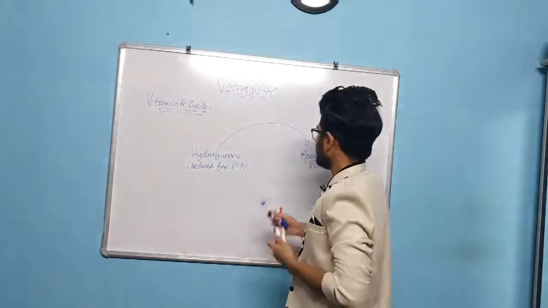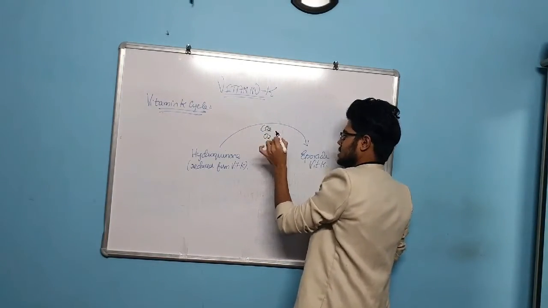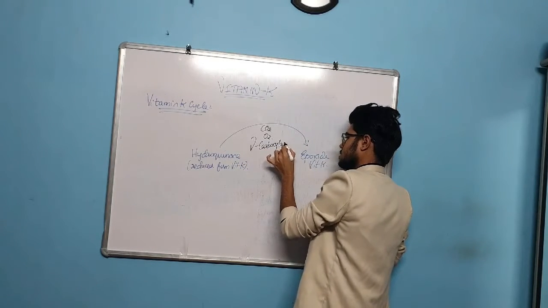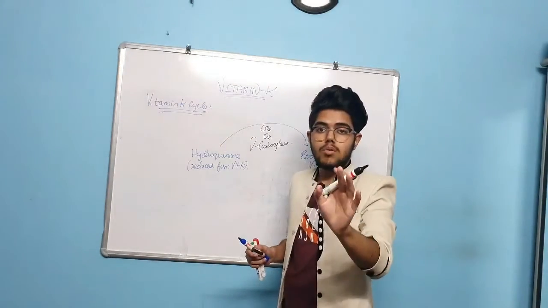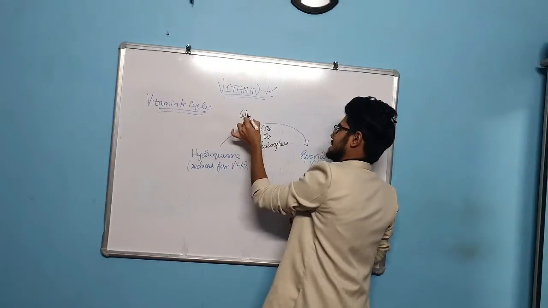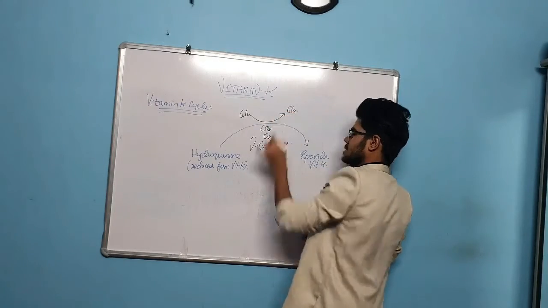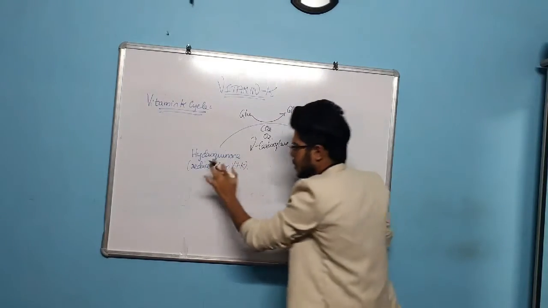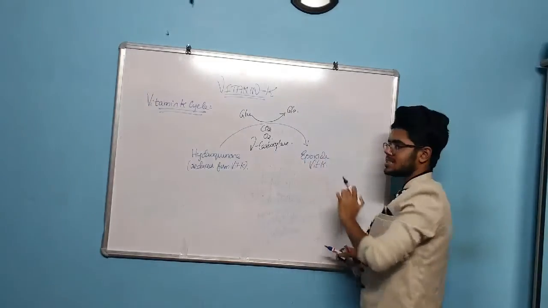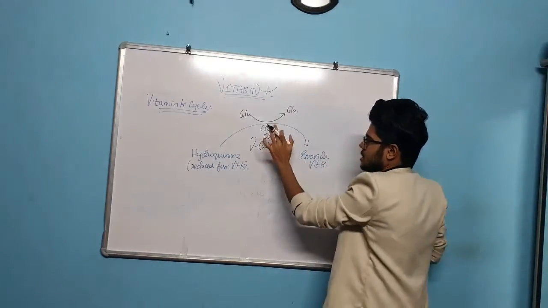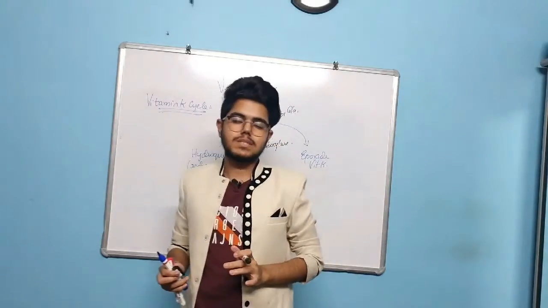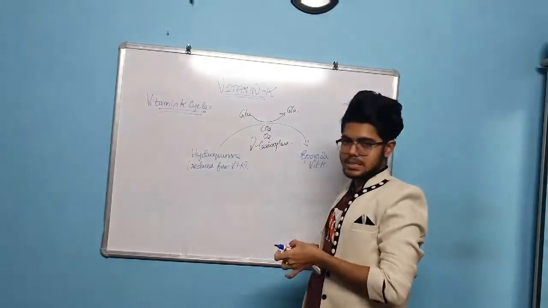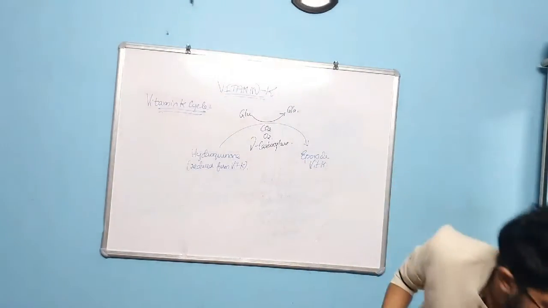So you need carbon dioxide, oxygen, and also gamma carboxylase for this activity. Don't forget to write that glutamate is converted into GLA, that is gamma-carboxyglutamic acid. So when the hydroquinone, which is the reduced form of vitamin K, is converted into epoxide vitamin K, you need carbon dioxide, O2, and the enzyme gamma carboxylase, and the glutamate is converted into carboxyglutamic acid. I am writing the enzyme in green color.